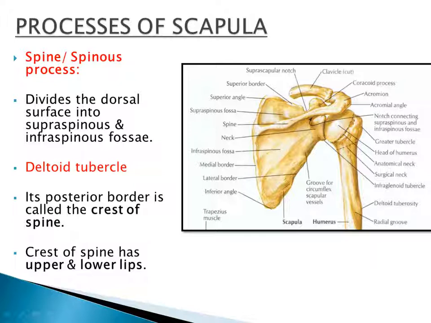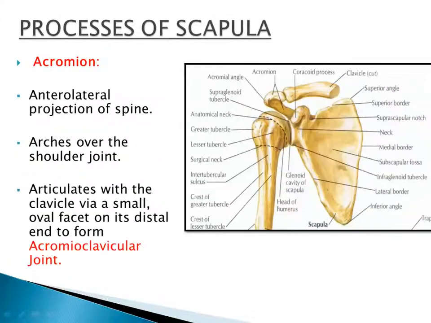Now it is very difficult, I know it is difficult to understand bone only on the presentations. I know you need bones in your hand, but still try to understand, try to look at different images from the atlas. It will make it easy to understand the bones. I am saying that this is a plate of bone having 2 lips, upper lip and a lower lip, which give attachment to different muscles.